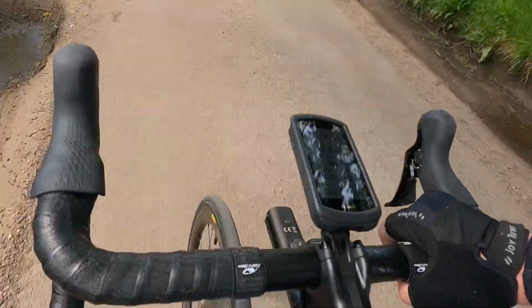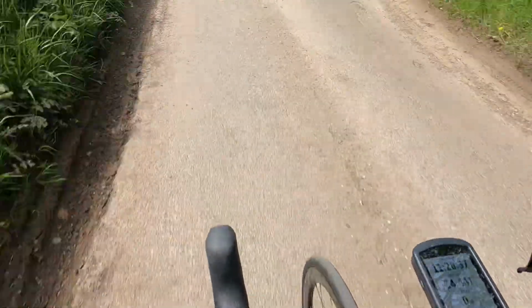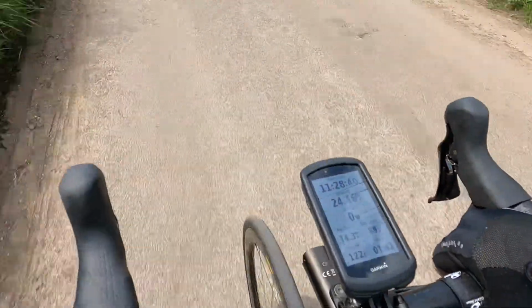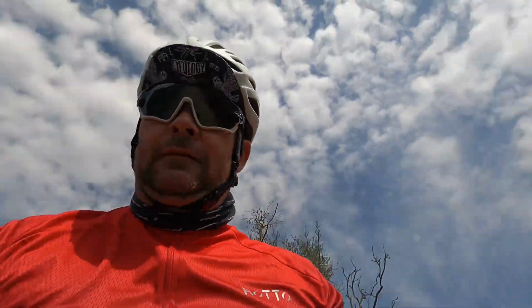But I am used to a little bit more of a larger platform to rest my hands on, but it has been nice and comfortable up there, so I can't complain with that for such a short ride. And for the first ride, I'm noticing quite a little bit of difference, and in that